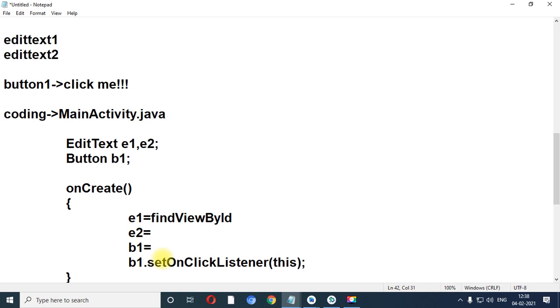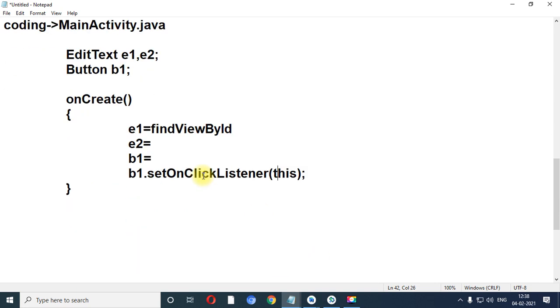Inside that means this button is located in the current application, so I have passed this over here. Now see, during the first program of our today's session, I told you that when you type this over here, it will generate an error, and for solving this error you have 2 options. One, over here you will get a red bubble, or either press the alt enter key on this button, right? So alt enter will give you the suggestion list.